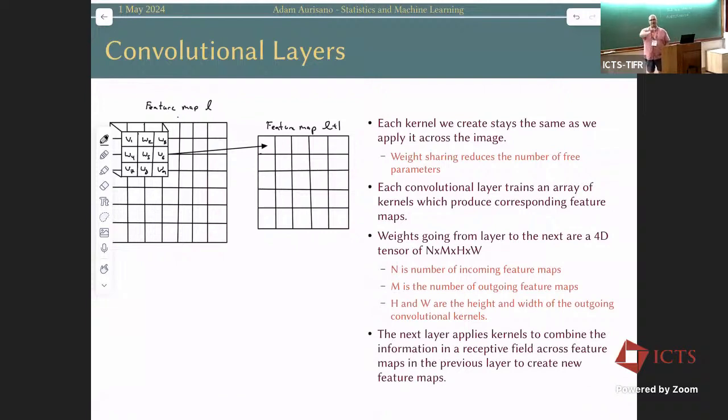You translate it across the image and compute the convolution of that kernel with the image itself to produce a derived feature map. So you have an input feature map and then a derived feature map. And then you have layers successively which refine this. You apply another convolutional kernel to your derived map to make another derived map, to make progressively higher level